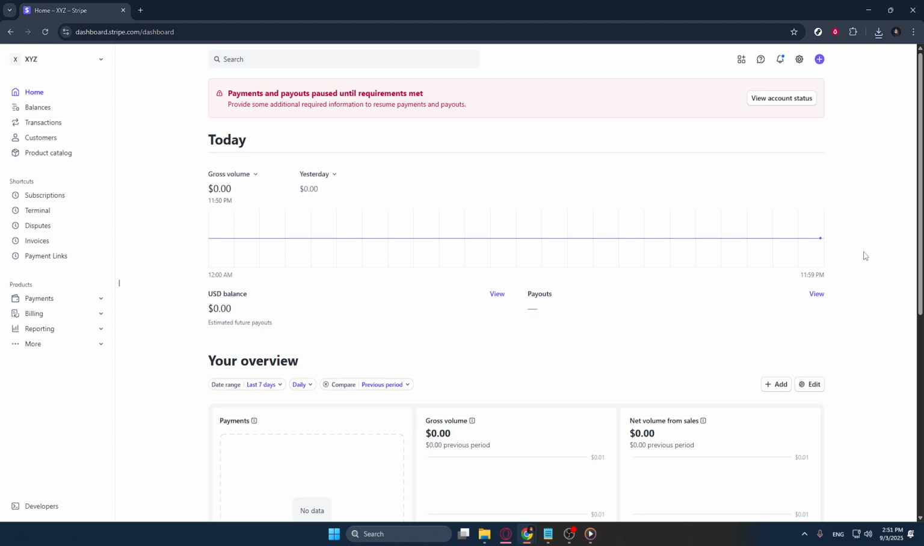If you already have an account, simply log in with your credentials. For those who are new to Stripe, you'll need to create an account, which is a fairly quick process involving providing some basic information and verifying your email. Once you're logged in, you should find yourself on the Stripe dashboard, which is the control center for all your